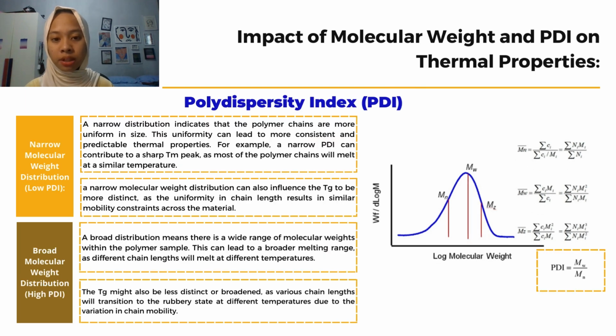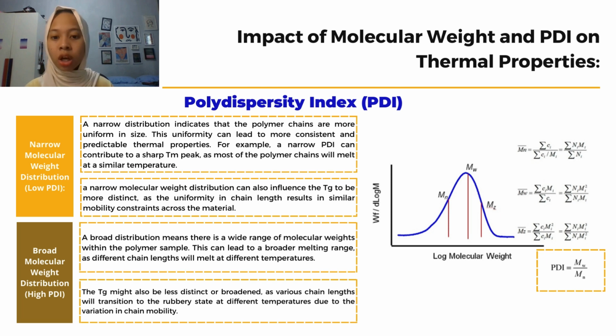For polydispersity index or PDI, narrow molecular weight distribution, you can see in the graph. Narrow distribution indicates that the polymer chains are more uniform in size. This uniformity can lead to more consistent, predictable thermal properties. For example, a narrow PDI can contribute to a sharp Tm peak, as most of the polymer chains will melt at